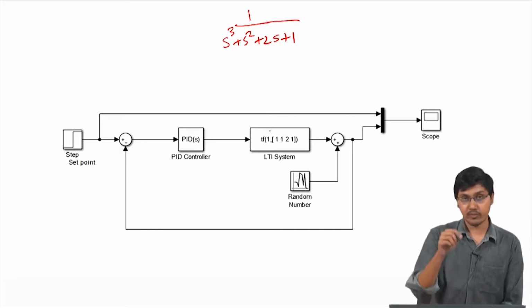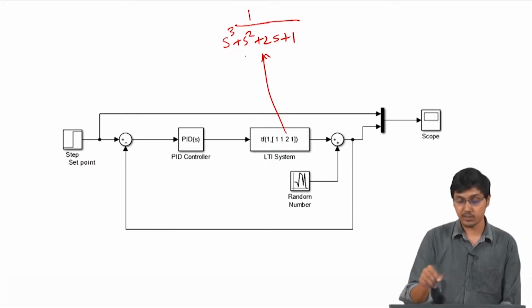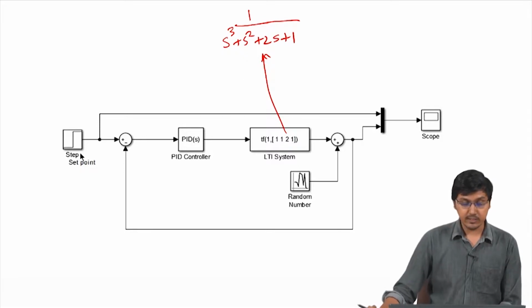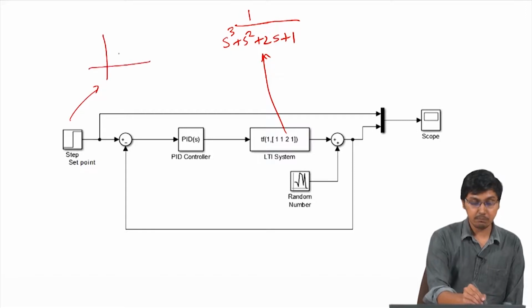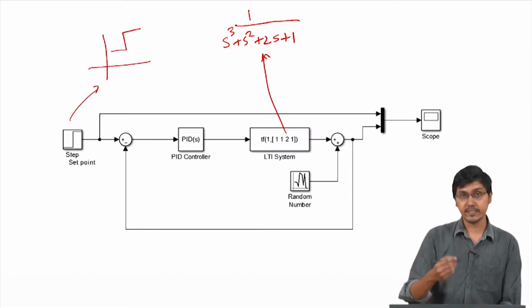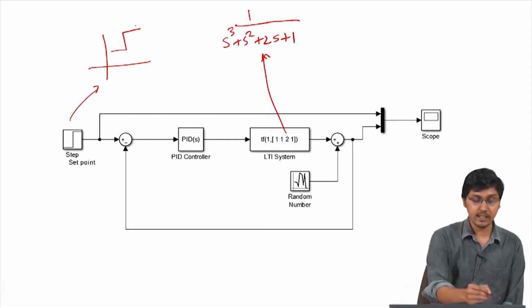The first one is the numerator, and these correspond to the coefficients in the denominator for the powers of s. This is the set point, to which we are trying to give a step input. We want to change the value of the control variable by a step input and then see how the system behaves. Basically, we are trying to achieve a servo response.